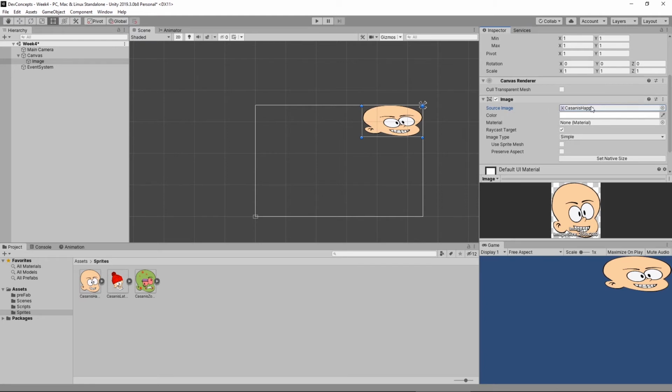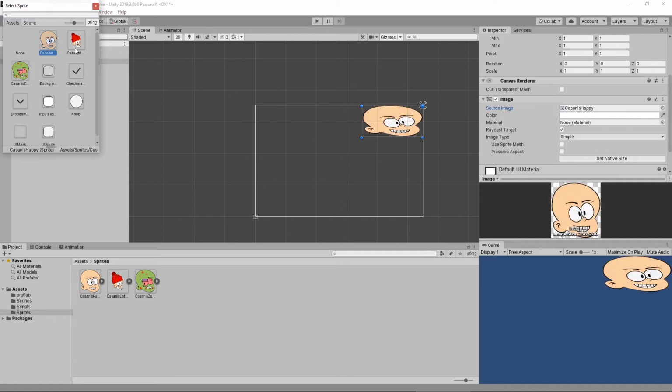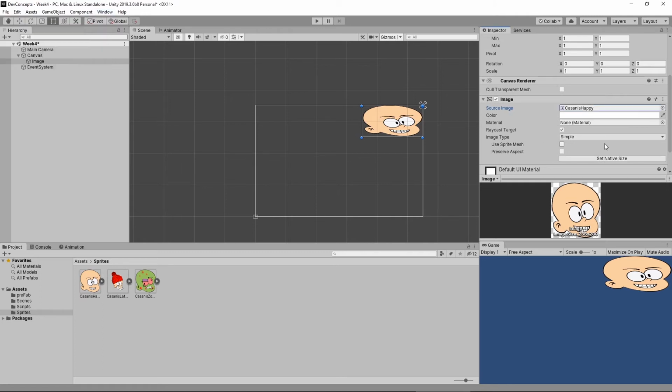A couple of things have actually changed here. We've got ourselves a material setting, a raycast setting, and that kind of stuff, which I don't believe is there if it's on none, right? Raycast is, oh, both of those are still there. What did we add? We added in our image type. Okay, cool. So right there we can see a couple of things right away. We've added in some new options as far as the image is concerned, and we can see right away